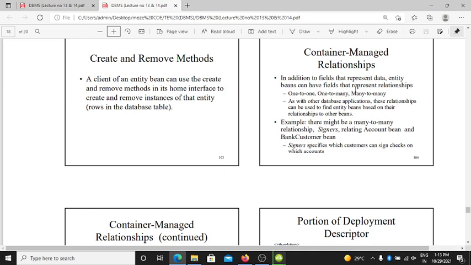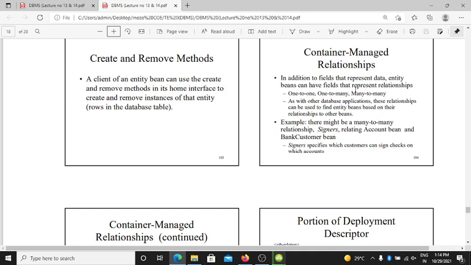Container managed relationships, in addition to fields that represent data. An entity bean can have fields that represent relationships: one to one, one to many, many to many.